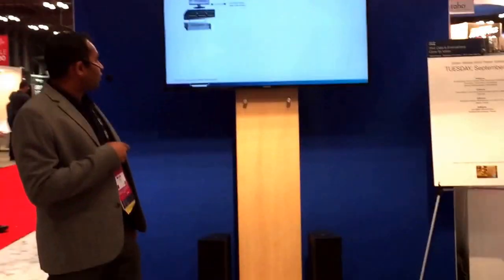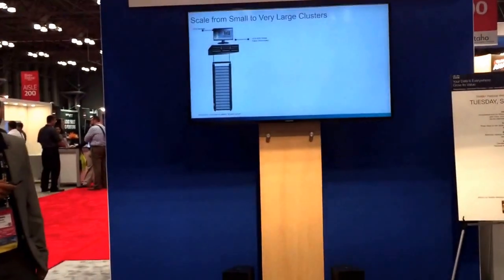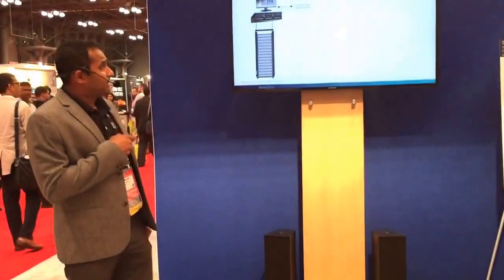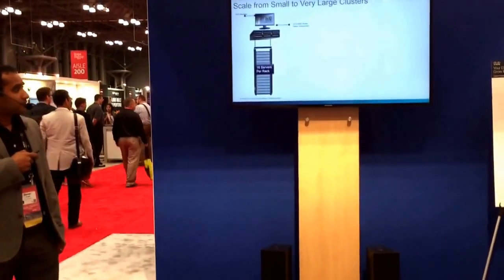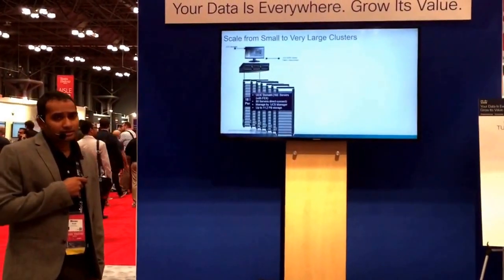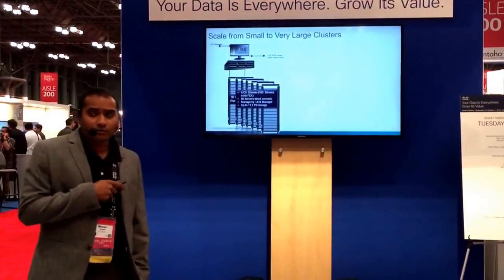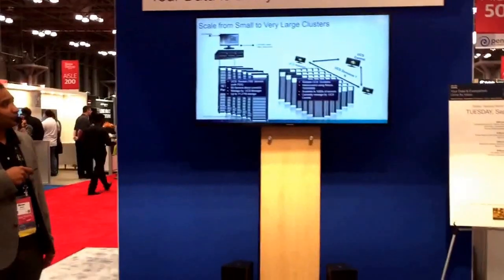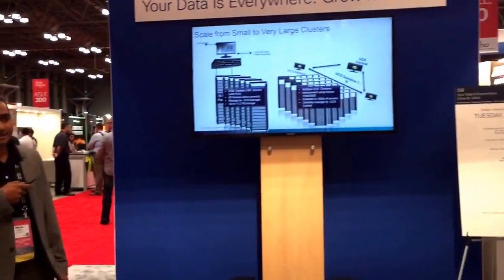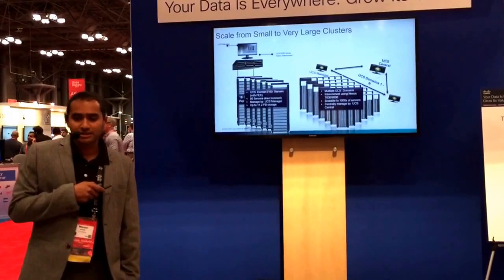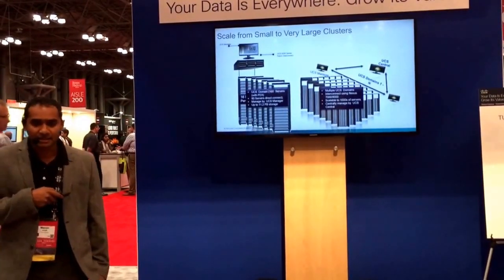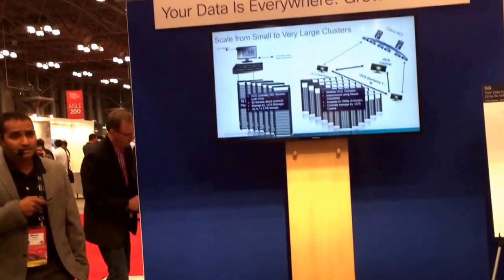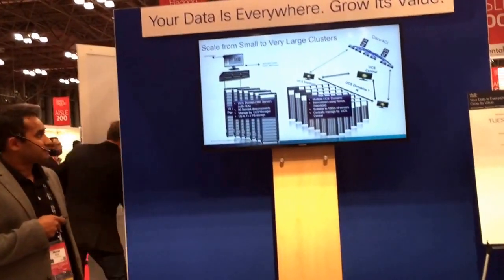You have one server, or you have a whole rack of servers, like 16 nodes, all connected to a single layer of Fabric Interconnect. You can connect not only 16 servers, you can connect 80 servers to a single Fabric Interconnect. That is what we call one domain. You can configure multiple domains connected to different Fabric Interconnects using N7K and 9K, and you can manage those using UCS Central, like a manager of managers, from a single pane of glass. And all of them you can manage from the Cisco ACI, Application Centric Infrastructure.